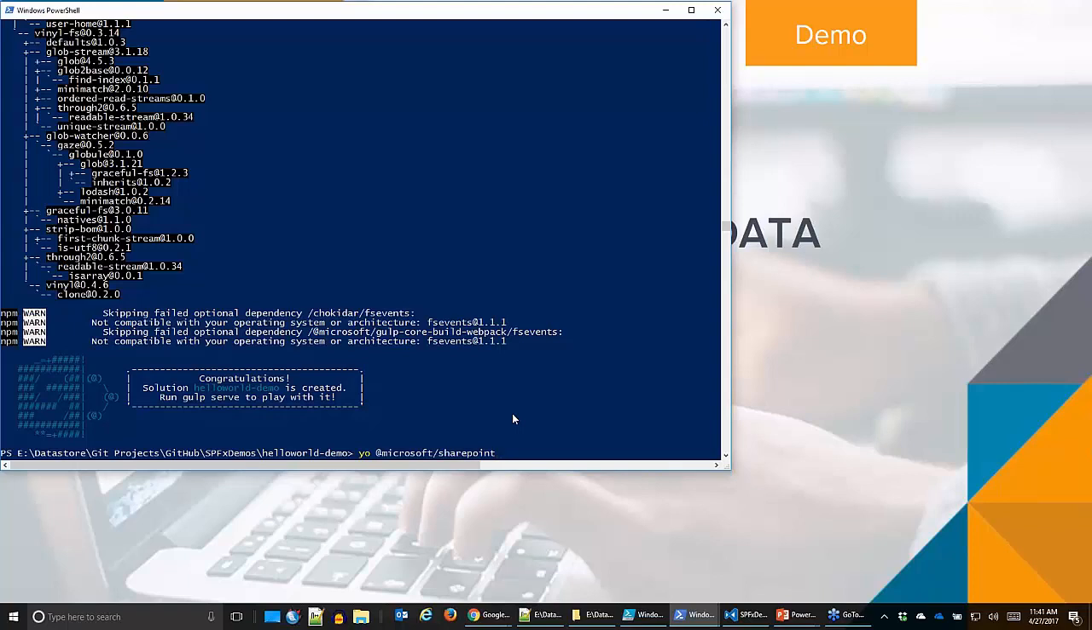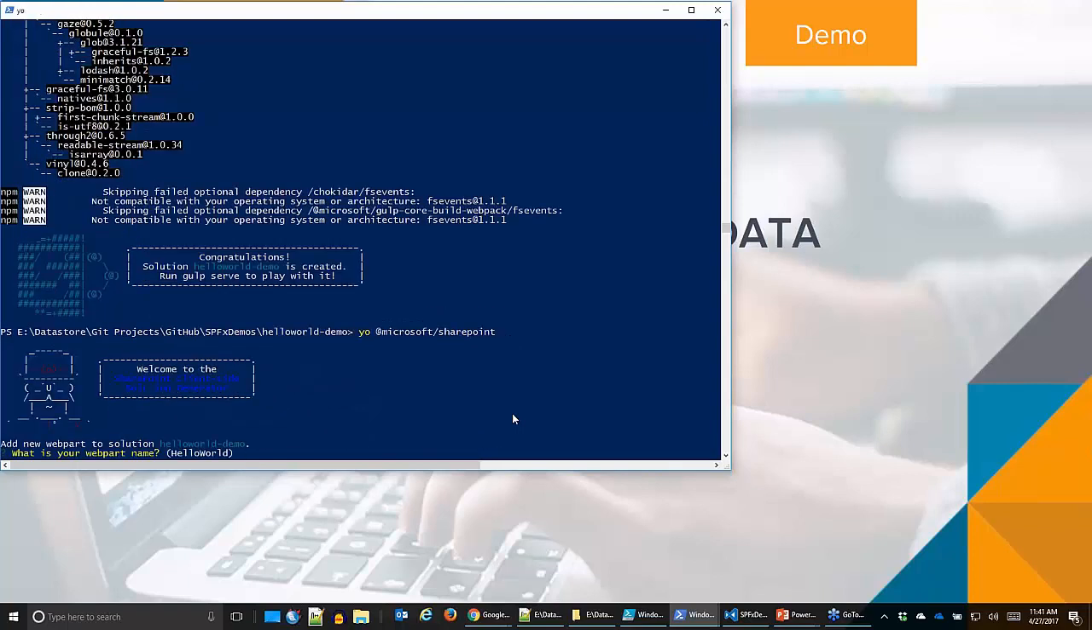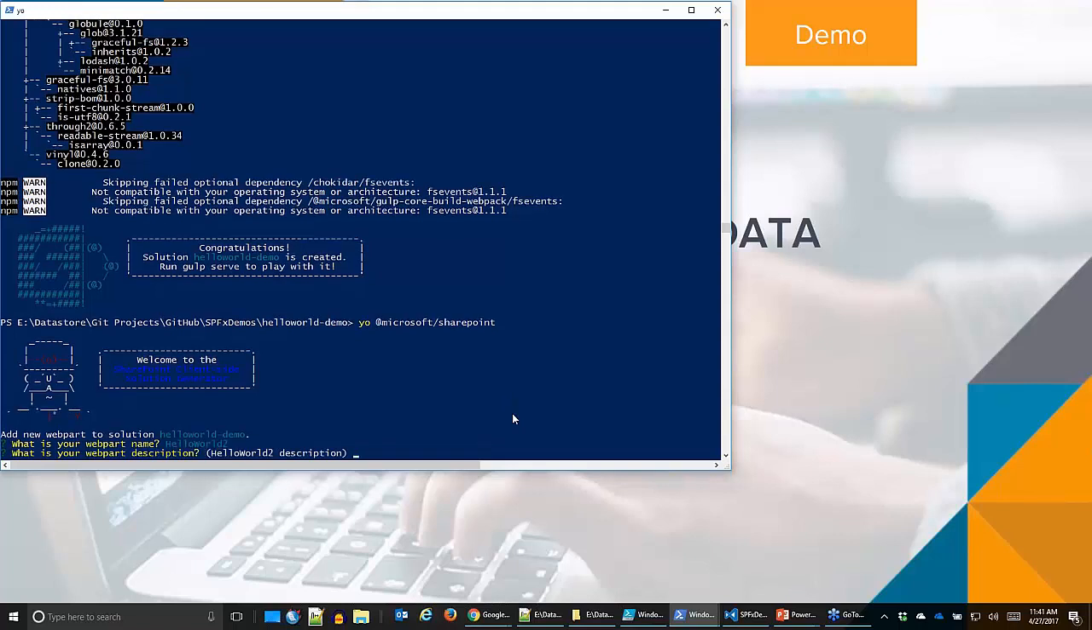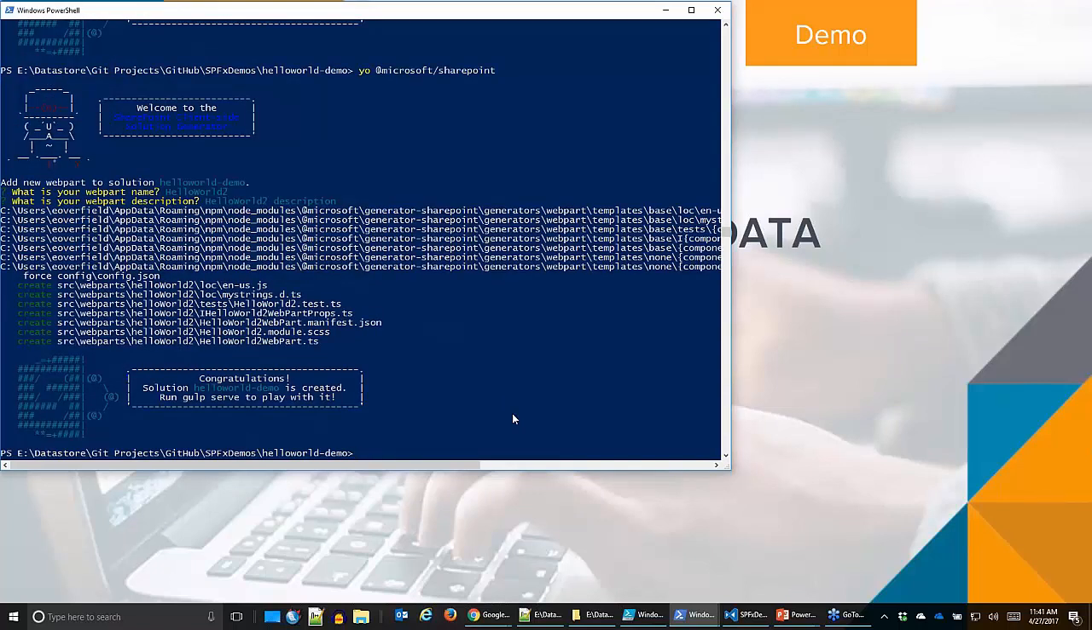Now, if I go ahead and run this command again, it's going to notice that the solution's already there. It says add new Webpart to a solution that already exists. So I can call this Hello World 2. So I'm adding a new Webpart, new description, and it's done. That's how quick it is the second time to add a second Webpart, third Webpart into an existing solution. So if I now type gulp serve,